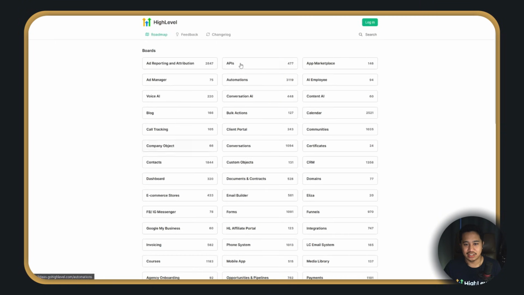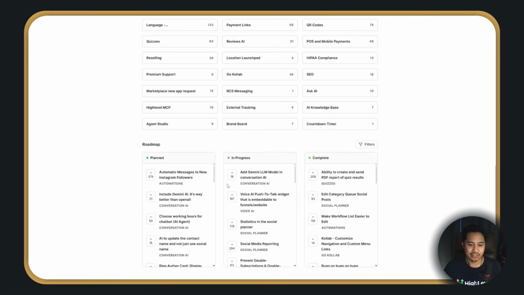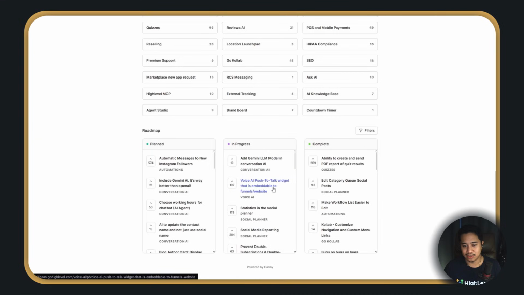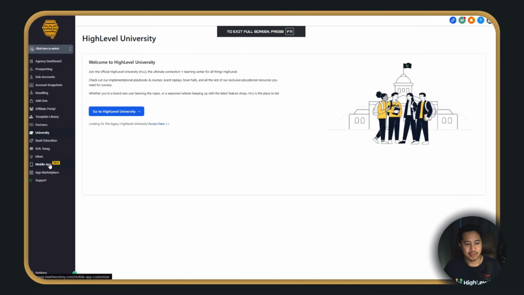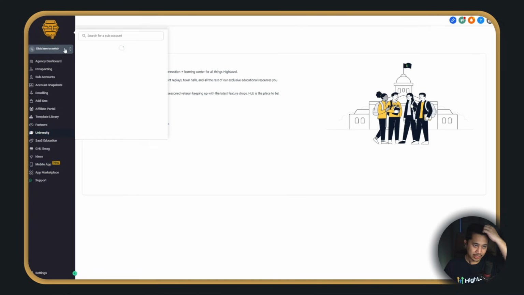If you click ideas, you should be able to see yung mga inaasikaso nilang mga bagong features, mga inaasikaso nilang features na nire-request ng mga tao. It's all in here, pinapakita nila yan lahat. And then the mobile app marketplace, and that's about it. So let us now move on